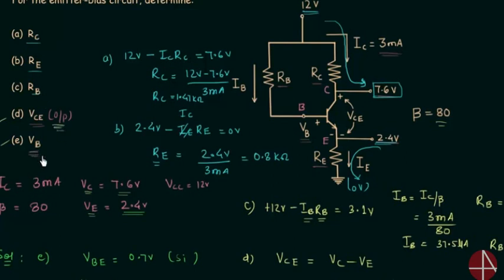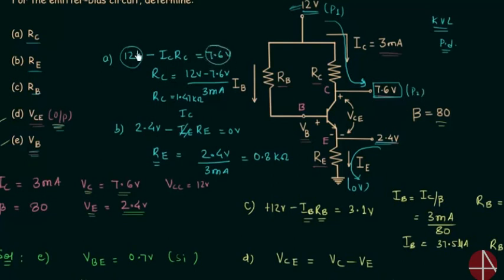So this is how you have to calculate all the three resistances, the output voltage and the potential at base terminal. In this problem I have used the KVL in which potential at points are involved. You can see 12 volt is not the potential difference and 7.6 volt is also not the potential difference, and in Kirchhoff's voltage law, we only include the potential differences. But if you want to include potential at points in KVL, then start from one potential at point. Let's say this is P1, start from P1 like we have done here, and end your calculation at the last point. Let's say the last point is P2.